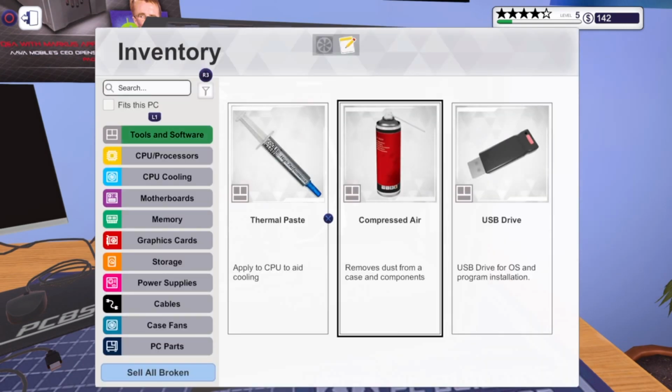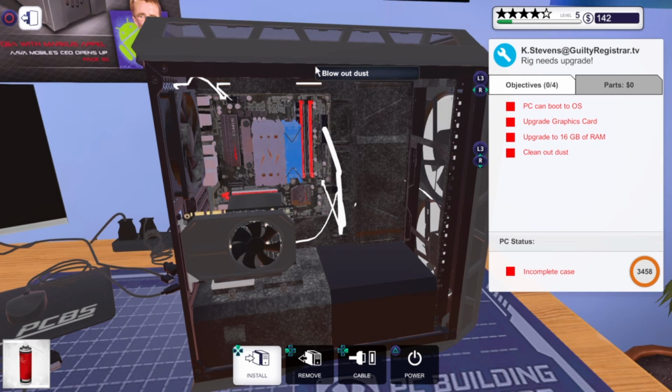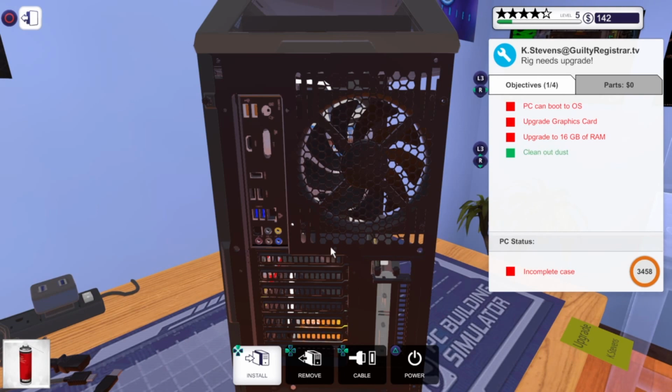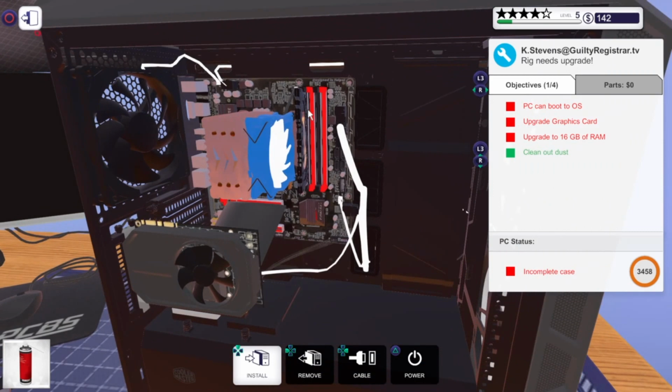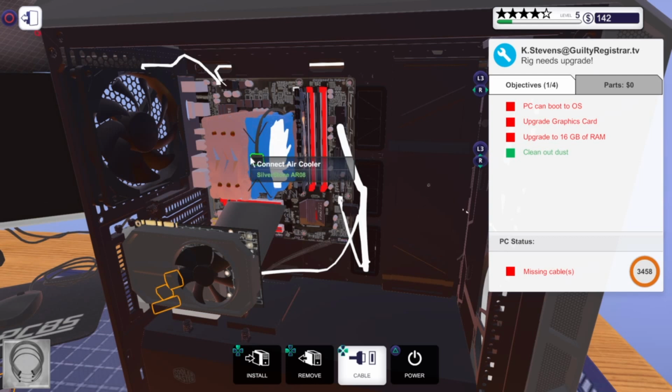Okay, so let's first start off with a little bit of dusting. Okay, we're done with that. Okay, we're gonna mess with the RAM now, so let's go ahead and remove. Oh no. Put the cable back. Not messing with that. Let's go ahead and